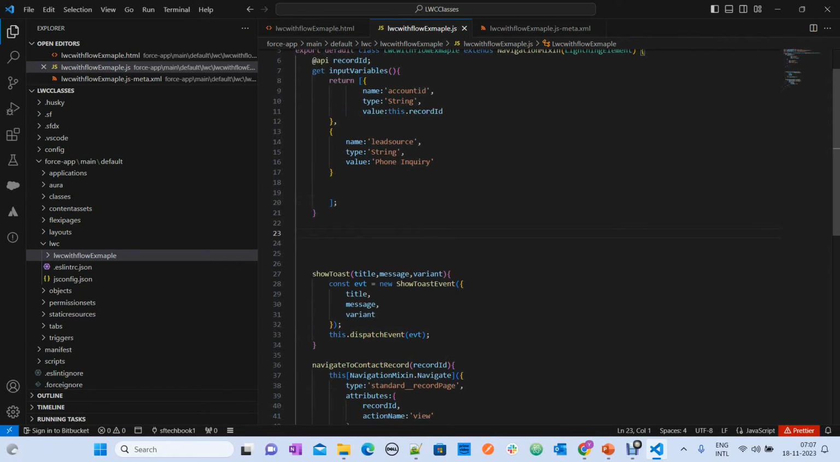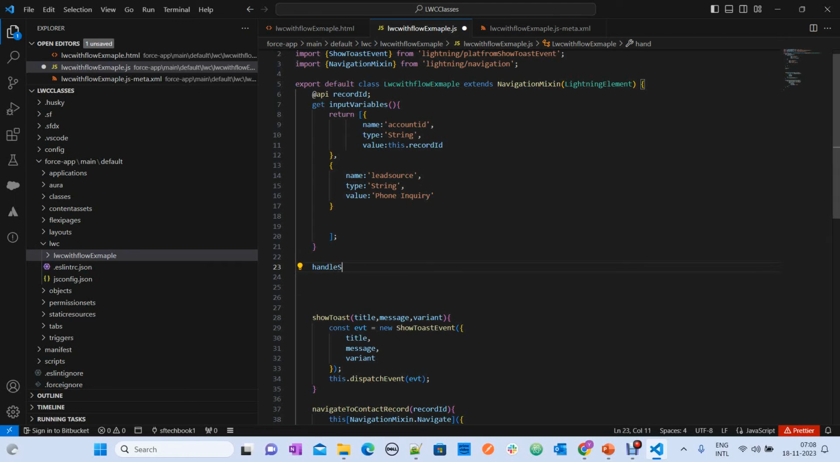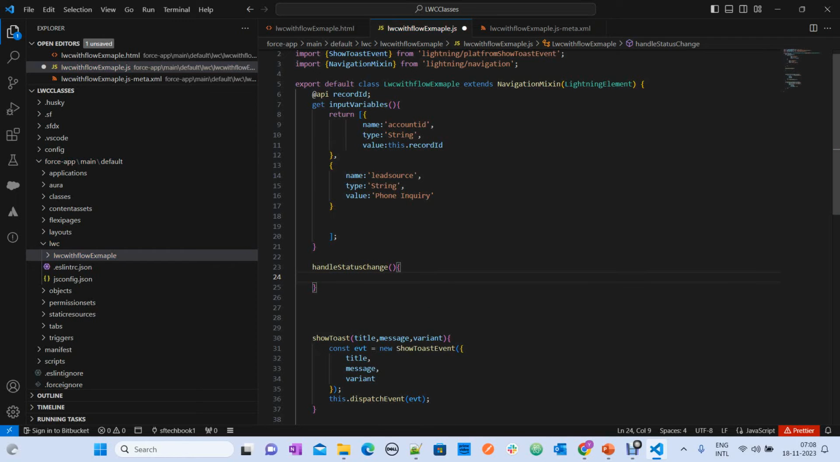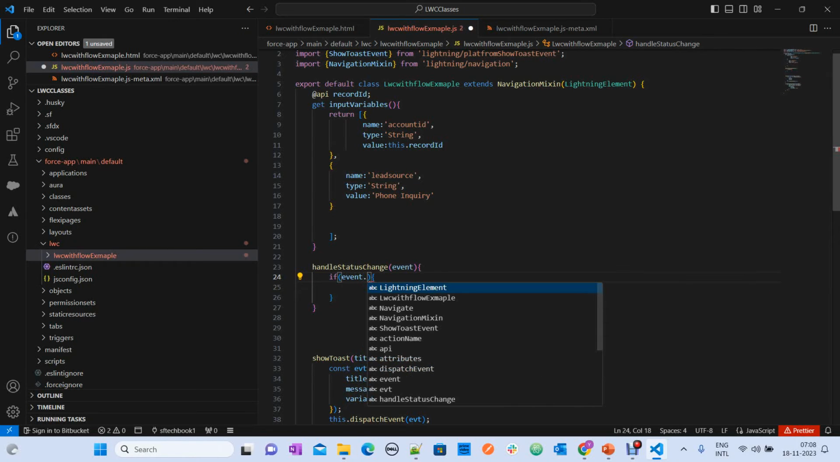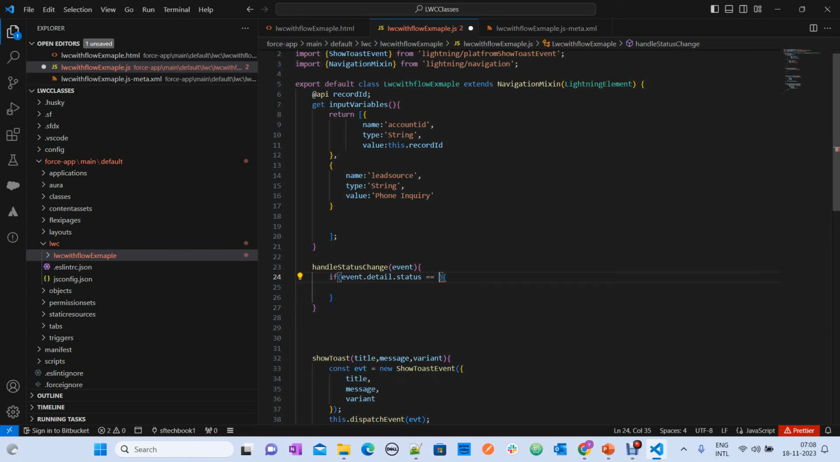Now let's do what we can do. Now I'm going to write the logic for handling the status change and getting the output variable value from flow. Let's see. So handleStatusChange. You have event as a parameter here. If event.detail.status equals finished, okay, then